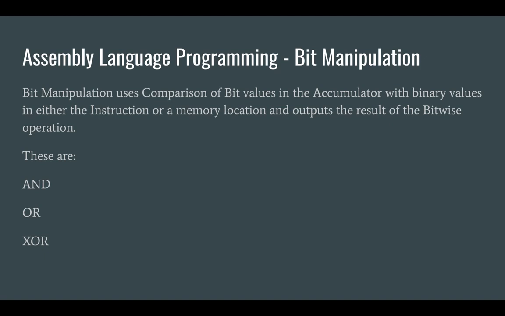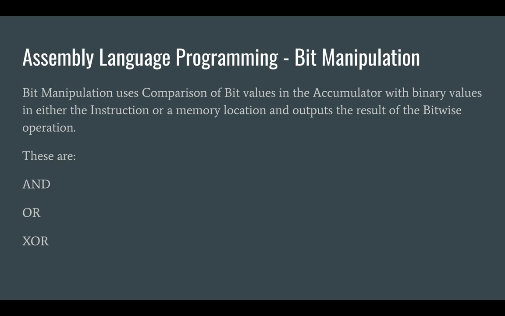In this short video, I'm going to talk about bit manipulation instructions that we might use in assembly. Bit manipulation uses a comparison of bits in the same position of usually a byte. It could be 2 bytes, or it could be 4 bytes. It depends on the word length of that computer system, and it compares the binary values that are in the accumulator with binary values in either the instruction or the memory location that's identified as the